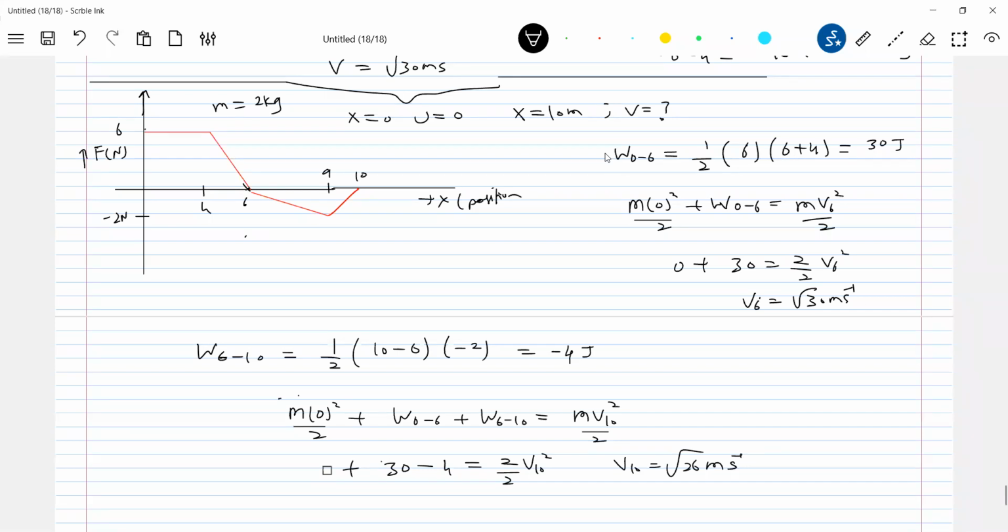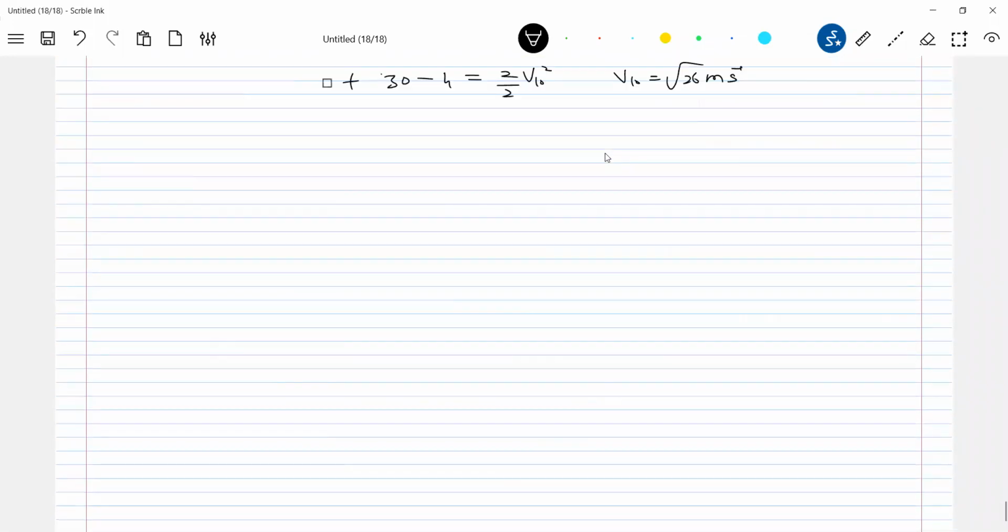It's because the position of the object can be on the left side or right side of the origin. The force can be positive too. That's why in the Fx graph, you'll get curves everywhere. In all 4 quadrants, the curve is possible. Okay, this is about the Fx graph. If they give an xt graph, a position versus time graph, can we say anything about the work done? Already you have come across graphs like this.